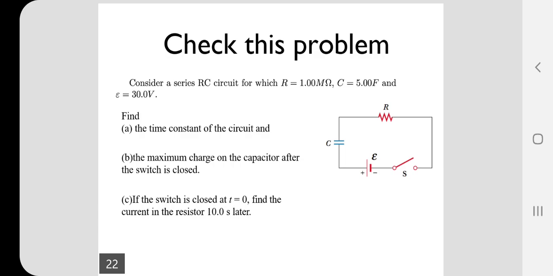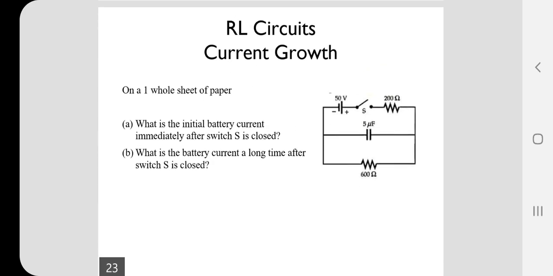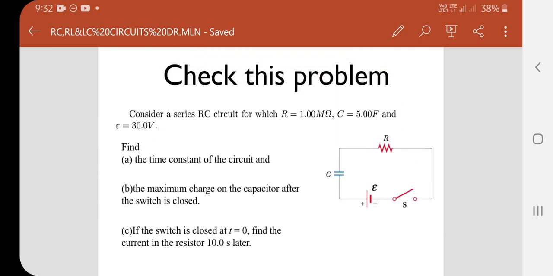We already derived the resultant equations related to the charge and the current for the charging and discharging of the capacitor in the RC circuit. So you need to find it using those relations. I will give you a little bit of the answer. The time constant of the circuit is R into C. Generally, RC is equal to 1 mega ohm into 5 farads.